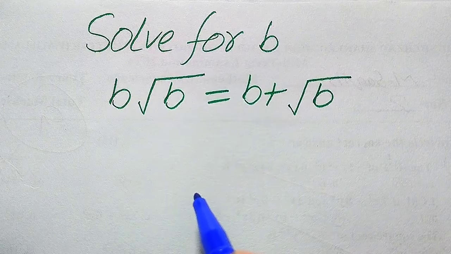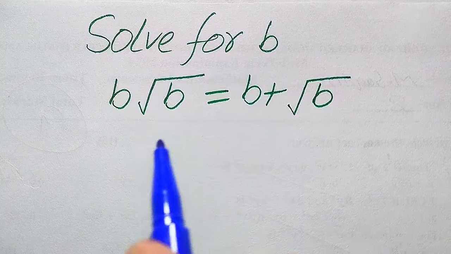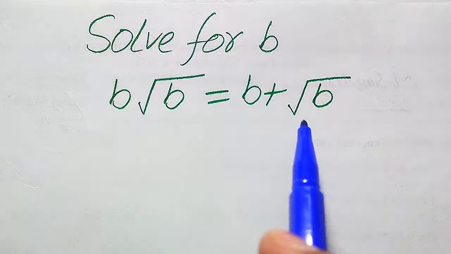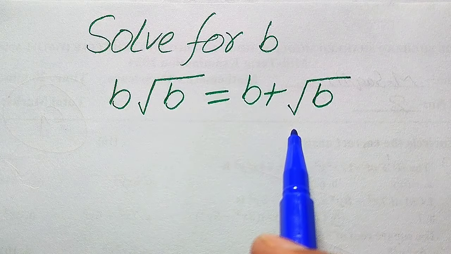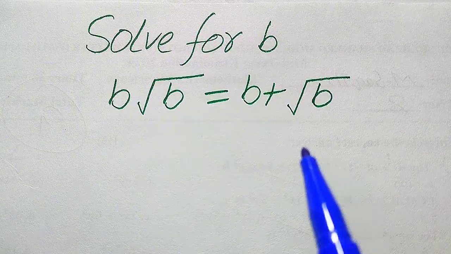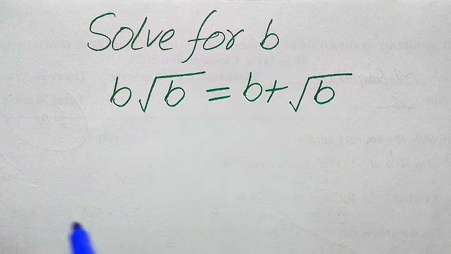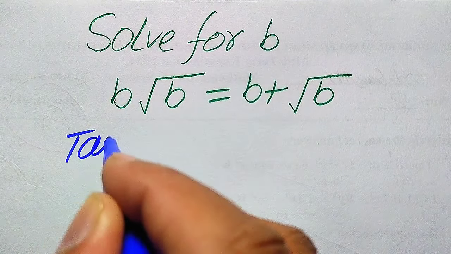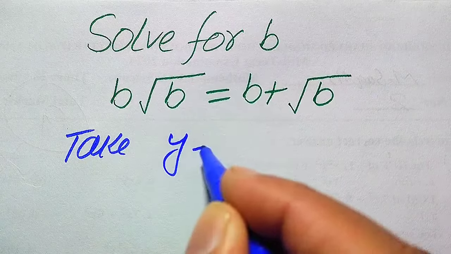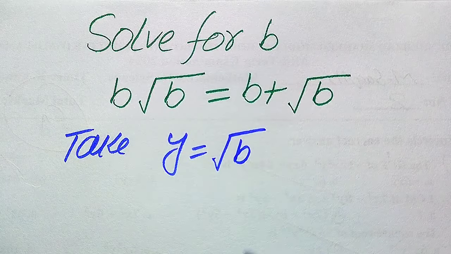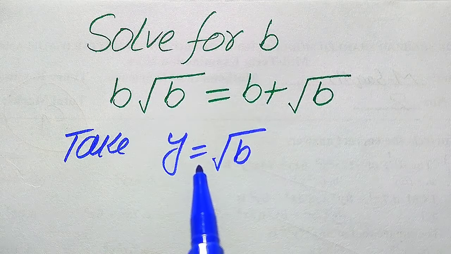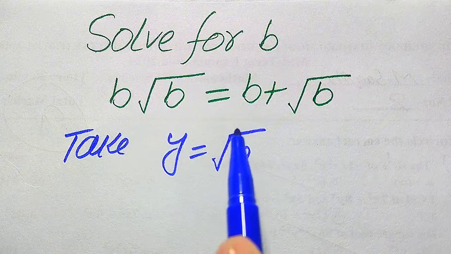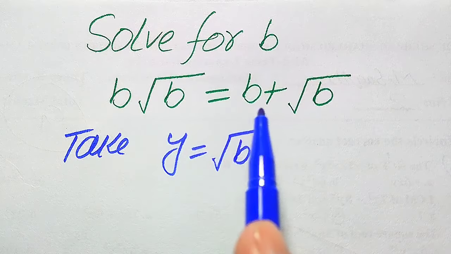So here the very first thing we need to do is remove these square root signs from both of these two sides. For this we need a little bit of substitution. First we take y equals square root of b. When we choose y equals square root of b and substitute it on both sides,